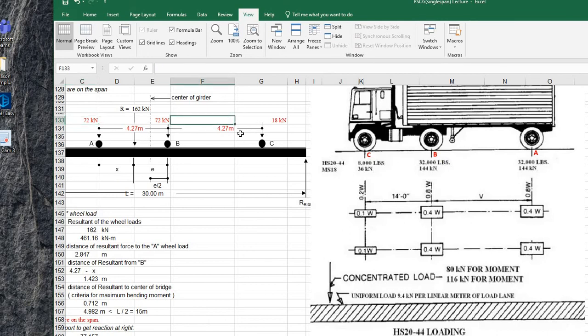So 14 divided by 3.281 will give you 4.27 meters. And then for dimension B, between B to A, I also made it 4.27 meters. But in reality,